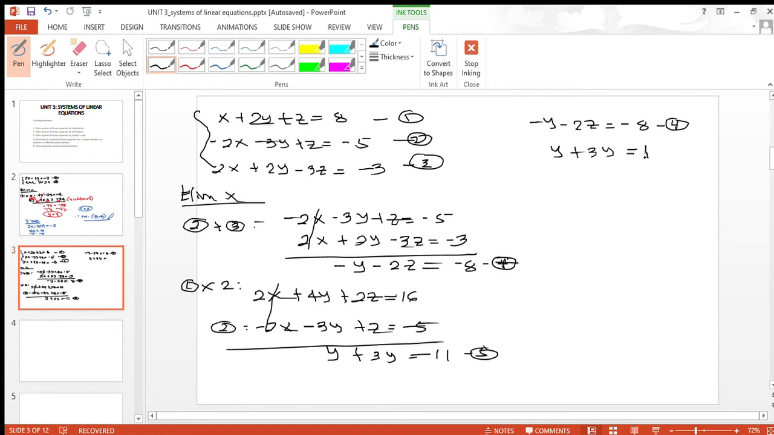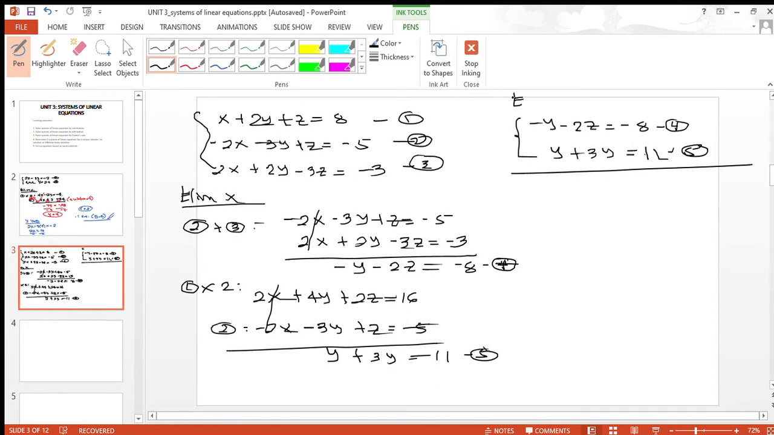Equals 11. That's equation 5. And this is now our new system. So obviously, we can eliminate y, and in eliminating y, we can just add. This will cancel out. This should be z, sorry. So that should be z equals